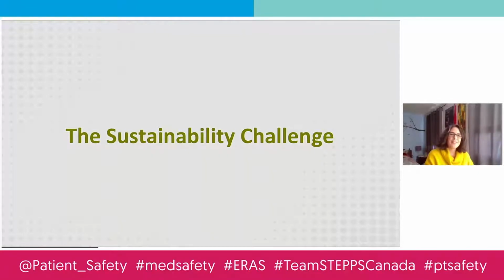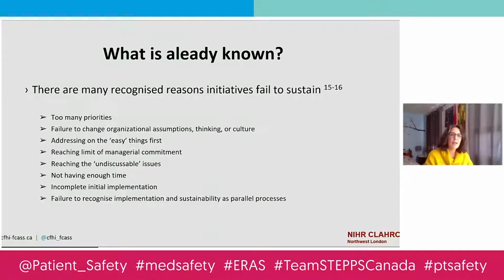Now, when we talk about the sustainability challenge, which I don't think anyone here would disagree that it is definitely a challenge to make sure that the initiatives that you've all been working on are sustained over time. And so we know that this is difficult. There is evidence to support the challenge around sustainability. We know that many organizations have different priorities that they have to manage every day. And therefore, if quality improvement is sort of a task that's been given to you off the side of your desk, it is going to even make it more difficult for you to focus and to continue on with that